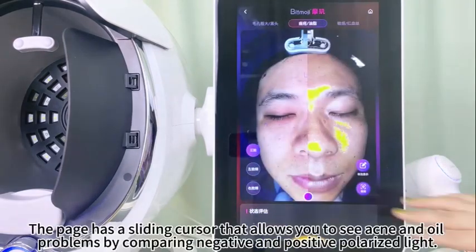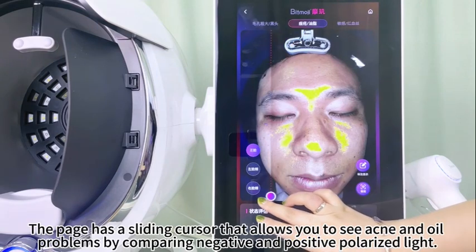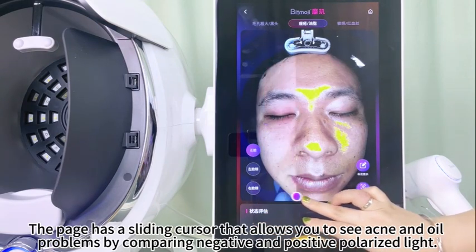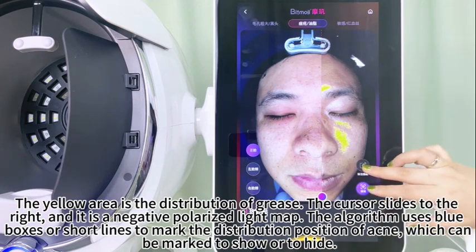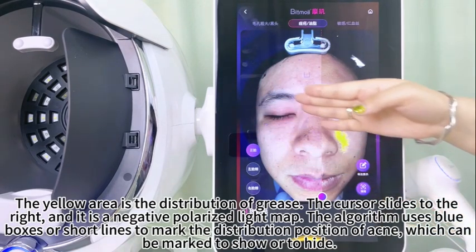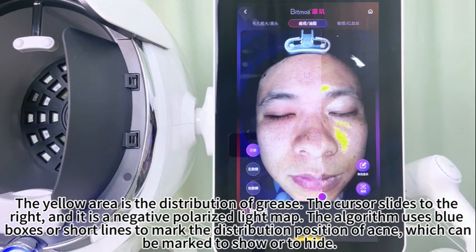Acne oil page. The page has a sliding cursor that allows you to see acne and oil problems by comparing negative and positive polarized light. The yellow area is the distribution of grays. The cursor slides to the right, and it is a negative polarized light map. The algorithm uses blue boxes or short lines to mark the distribution position of acne,